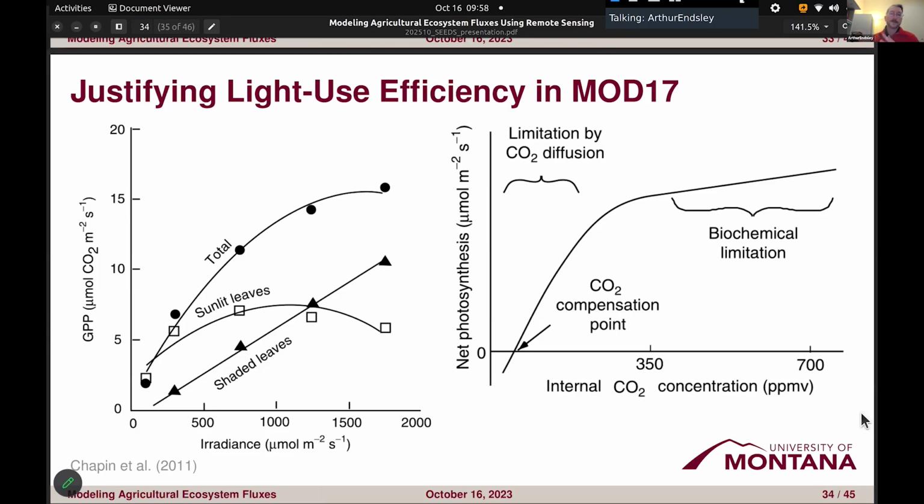And that's because of the distribution of photosynthetic efficiency throughout a canopy. Leaves towards the top of a canopy are generally younger and have higher rates of photosynthetic efficiency. And so, particularly if we compare sunlit leaves and shaded leaves, we'd find that the total net photosynthesis is much more similar to a linear function. As long as we're applying this at the appropriate spatial and temporal scales, we're getting a good linear approximation of daily to weekly primary production.